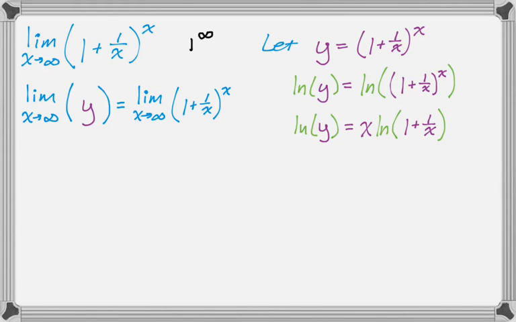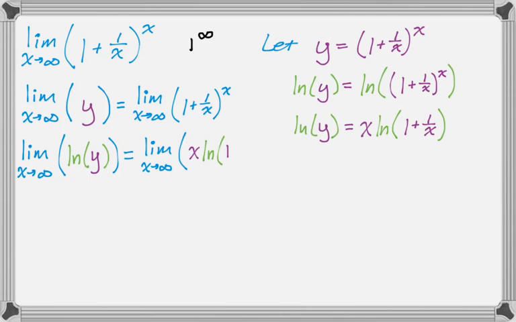Okay, and so that means that if I take the limit of this equation that I just wrote here, I can work with that. So that's what I'm going to do. So I've essentially taken the natural log of both sides of my original limit equation. So I've replaced y with natural log of y. I've replaced the quantity 1 plus 1 over x to the x with essentially the natural log of 1 plus 1 over x to the x,